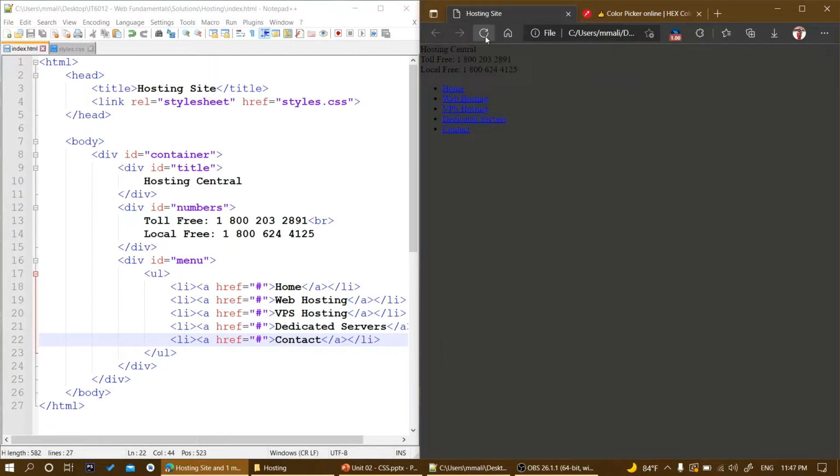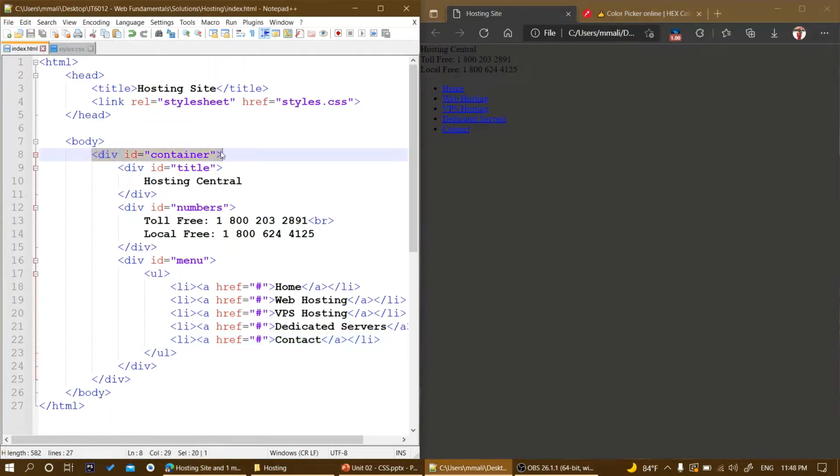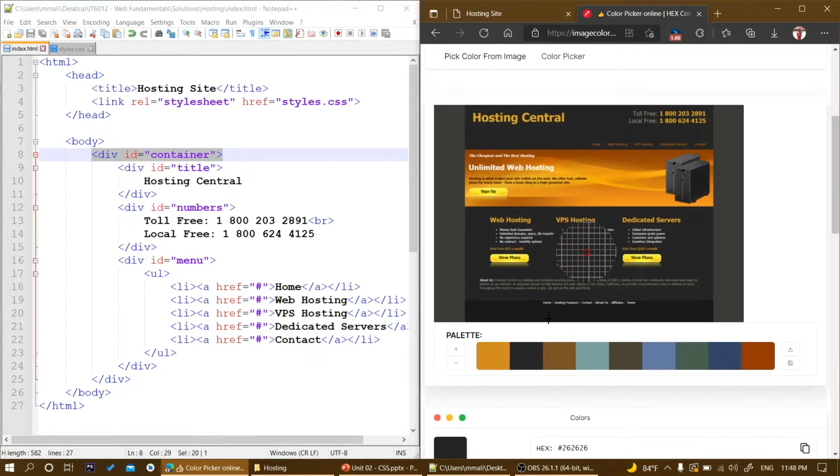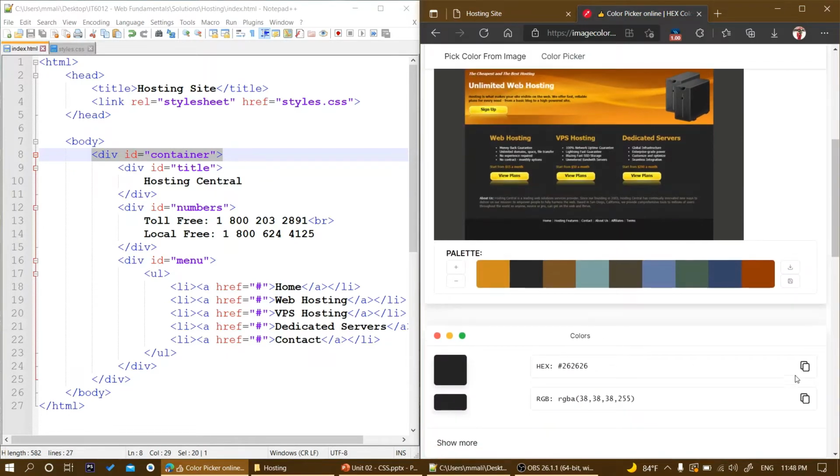Okay, perfect. It is displaying what it should, but not in the way we want it to be. So the first thing we will do is style this container so that it displays in the center and has its own color, just like it has here. This is the color for the container. I will copy that